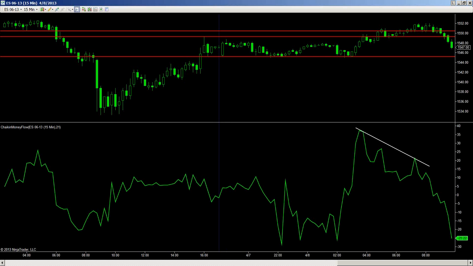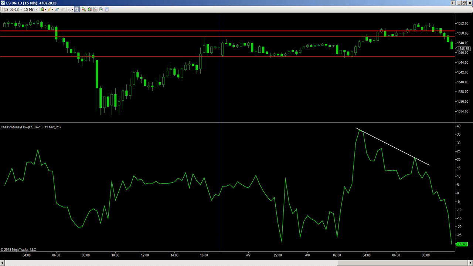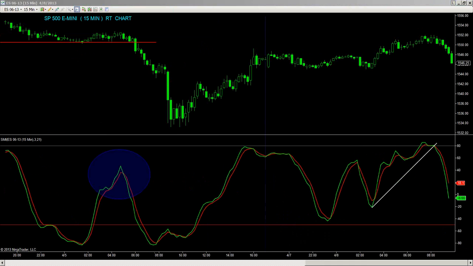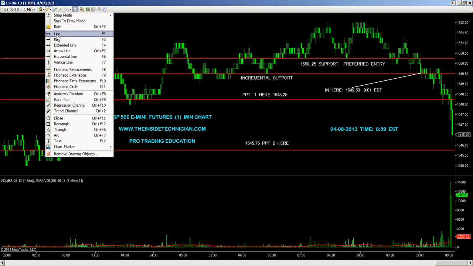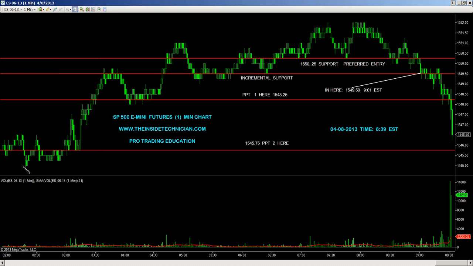Look at the check and money flow bottomed out. Look at this in real time in a 15-minute chart. This is incredible. An excellent trade in play. Prices are really starting to move now because the equities market has opened. If prices continue to trade to the downside, even after the price profit target is hit,